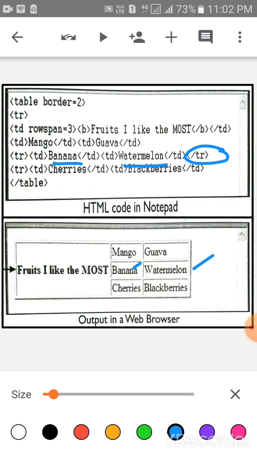Lastly, again opening tag of tr, and then enter the data cherries and closing tag of td, then again opening tag of td and enter blackberries, and lastly closing tag of td and closing tag of tr. This is the third row. We have entered these 3 rows.